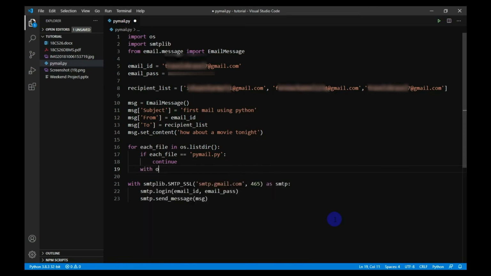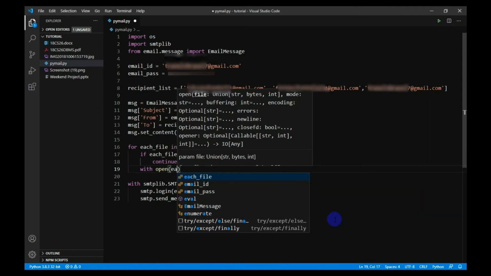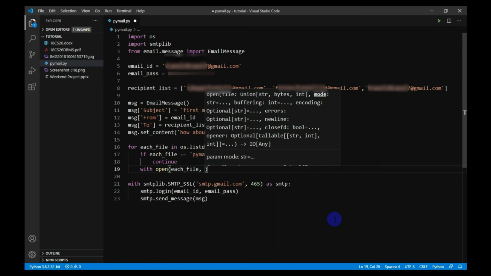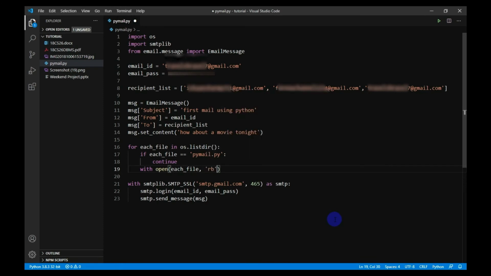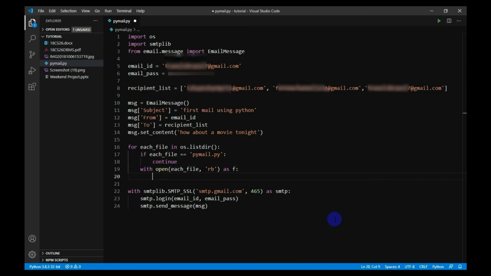Now we will open each file using the context manager. Now I will create a file_data variable that will read the file.